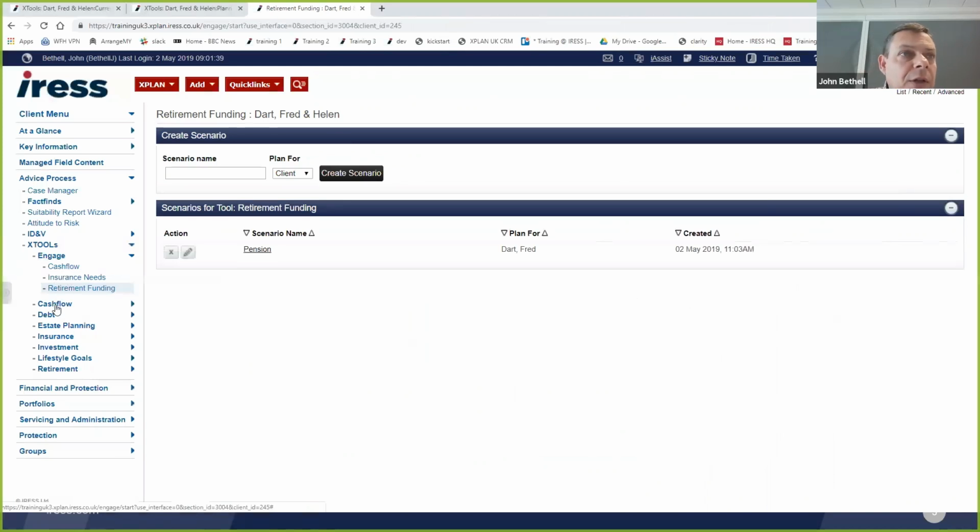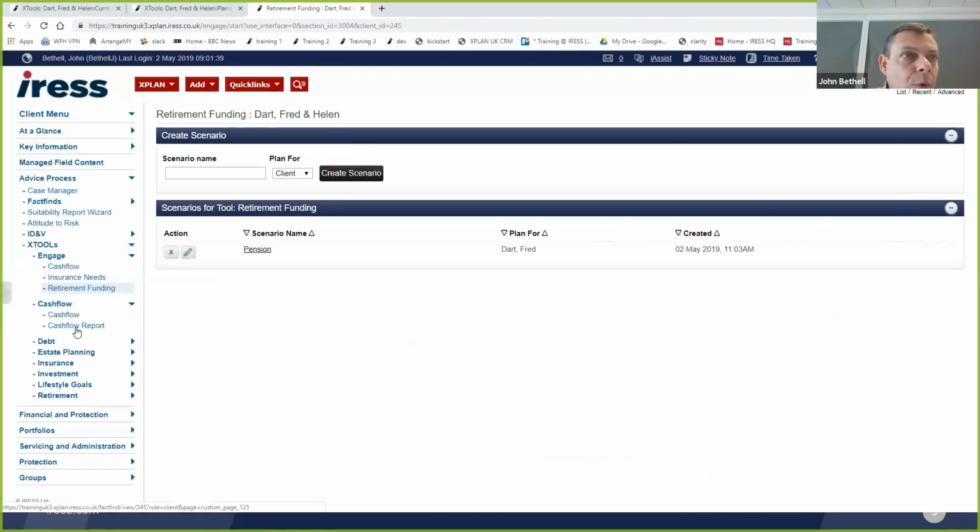And then we have the standard tool. So we have cash flow and cash flow report. Now, for those of you that have Xplan already, you may or may not be able to see these menus because they may not be enabled if you're not paying for it. The cash flow report, we have reporting comes out of each of these tools. And given timescales, I might be able to squeeze in some time at the end of the call to take you through a basic cash flow report. So that's where they sit.